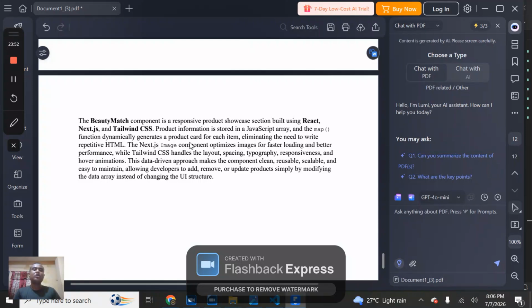The Next.js Image component optimizes images for faster loading and better performance, while Tailwind CSS handles the layout, spacing, typography and responsiveness, making it easy to maintain, allowing developers to add, remove or update products simply by modifying the data array instead of changing the UI structure.